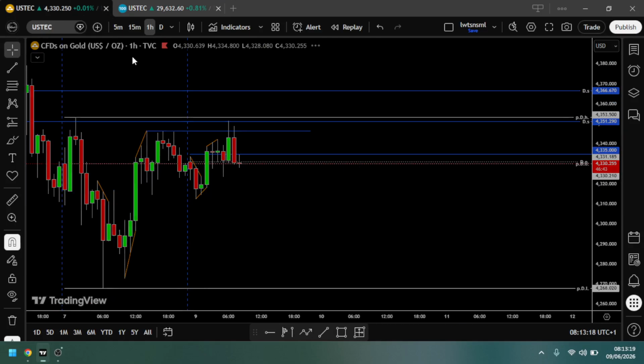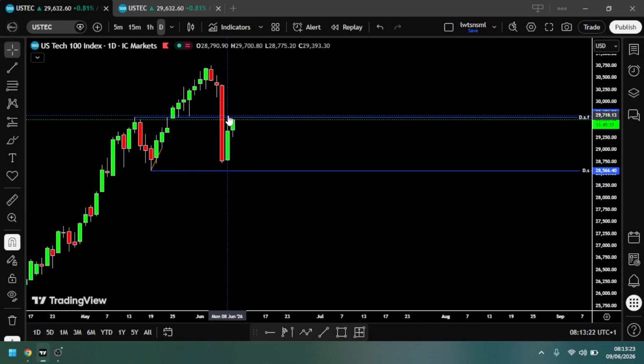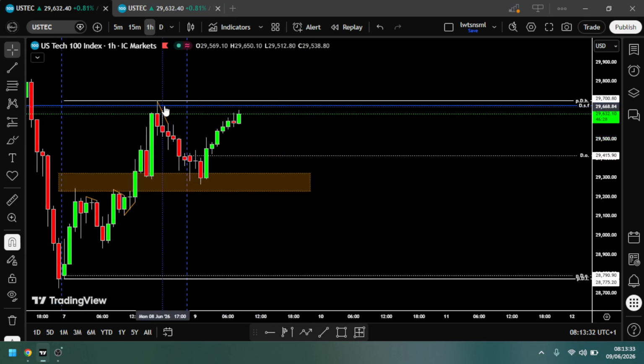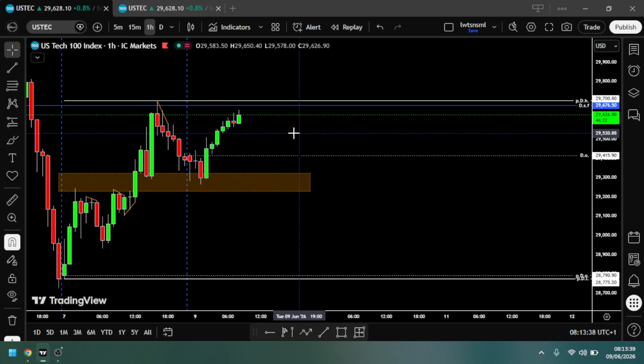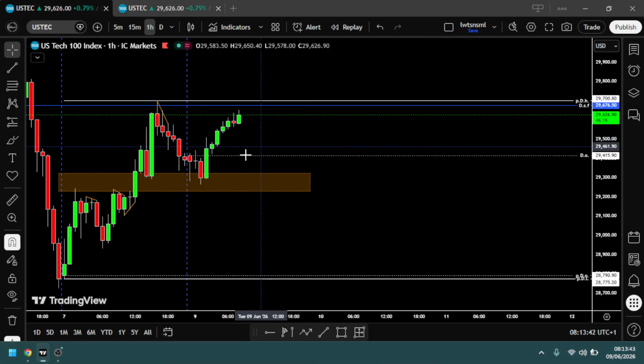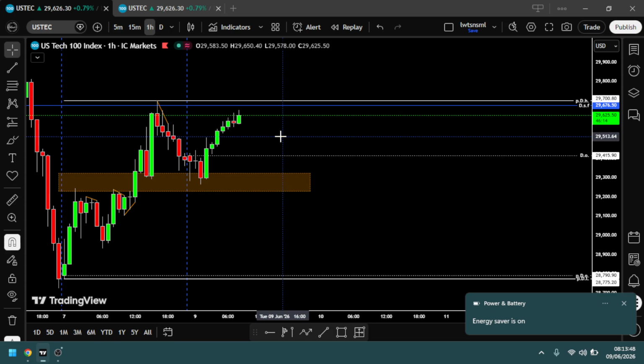So for Nasdaq, this one has been recovering very well. And we did test that swing point that flipped to resistance yesterday. And we reacted nicely on the 1 hour. So if we switch to the 1 hour right now, you see the reaction from the swing point, rejecting downward. And today as well, we are approaching it again. So this one is actually a bit tricky, since it was a very bullish asset before.